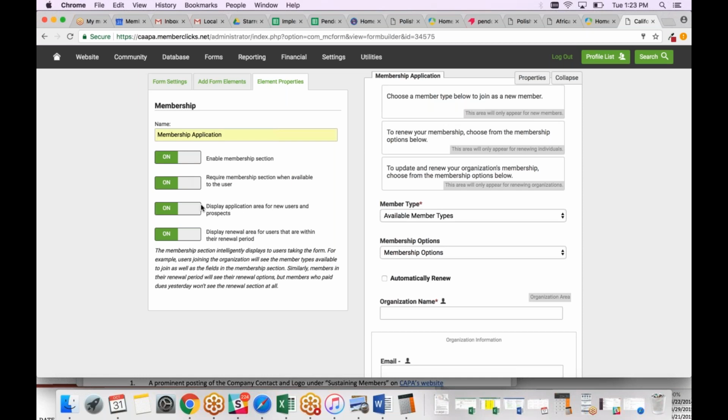Now we can display this membership application. We can display an area for new users or an area for renewals. So your members will have the ability to come in here and take this as a new member. But technically, this can also be used as a renewal application. Now, most of the